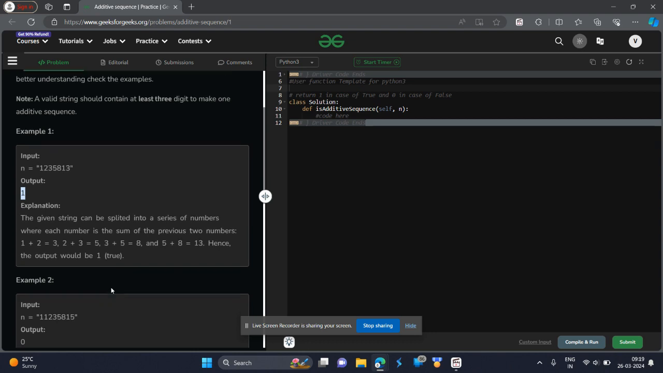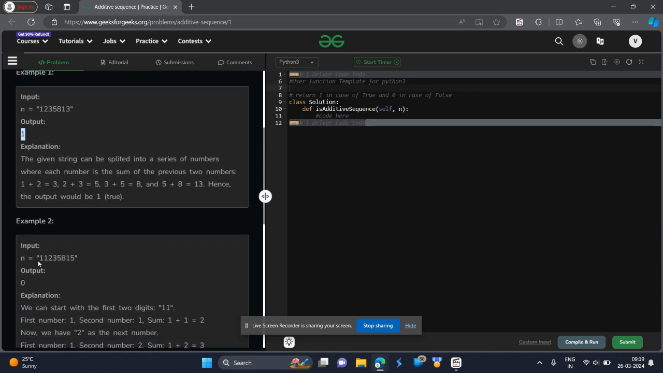Okay. Let's see example 2. If you take the first digit 1 and 1, 2, next digit, fine. Then 2 and 3 yields 5. Holds here. Then 3 and 5 adds to 8, and the next digit is 8. That also holds here. Then 5 and 8 adds to 13, but the next digit you can see is 15. In that case, it is not following the additive sequence, and we will return 0,